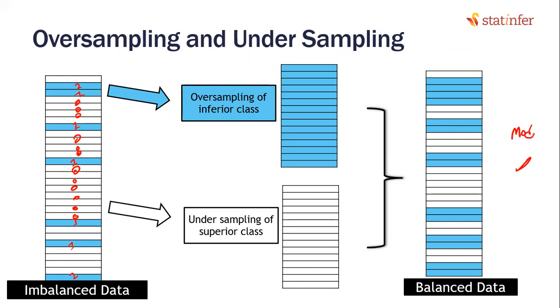Build a model on the balanced data. The model will learn all the patterns related to ones. Then there is a better use of this model than the model that is built on the original data. Yes, this is the original factual information. I should build the model on this. But if I build the model, it is not useful.